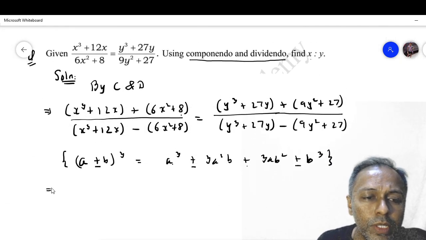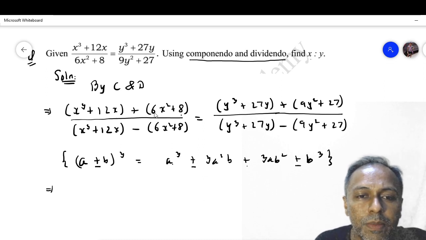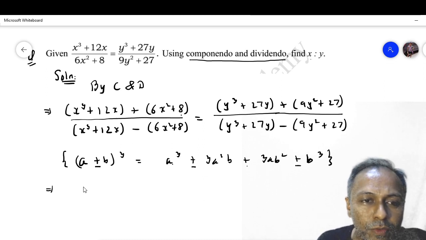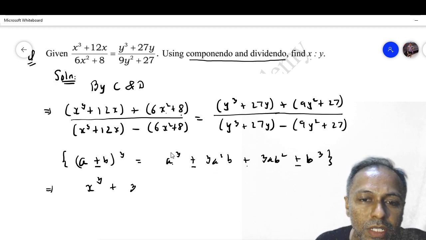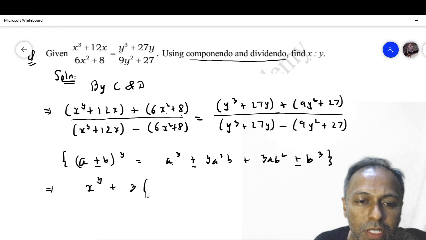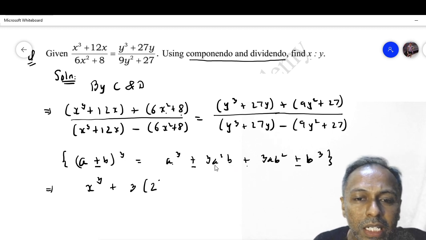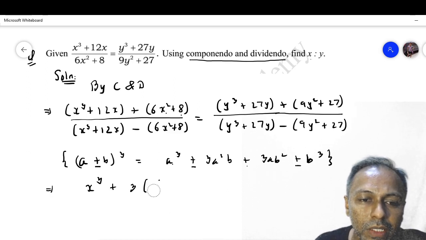The numerator is x cube plus 12x plus 3x square. So just for your understanding, we are writing this step in detail. It is x cube plus 3 times a square. So let me write this term first. So it is 3 times, and then we have 3a square b, right? We wrote a, we wrote 3, in place of a what can we write? We can write x, right? In place of 3 we can write x.